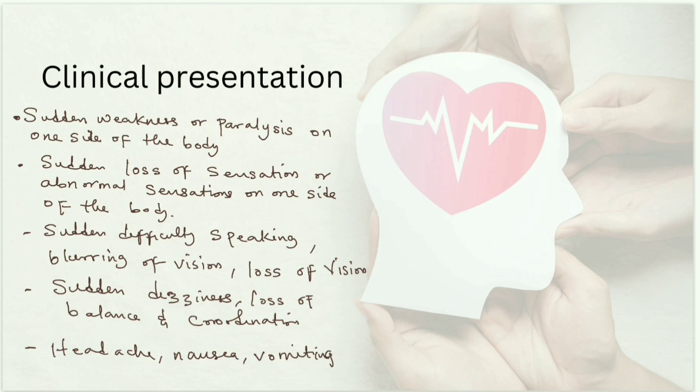When you notice someone has features suggestive of stroke, immediately take that patient to the hospital. Let the patient seek care immediately. Time is neuron, and the earlier the better, because if you present earlier, some neurons can still be saved and still replace the function of those neurons that were lost. That's why it is better to seek care early.